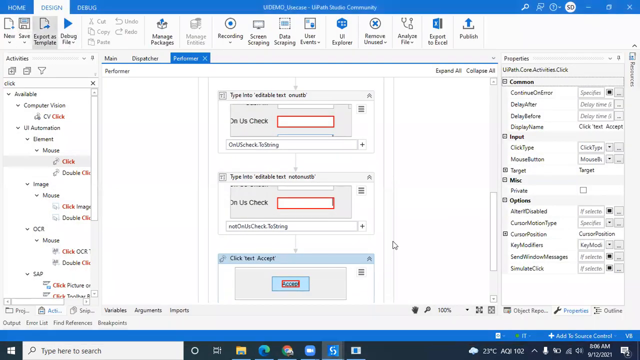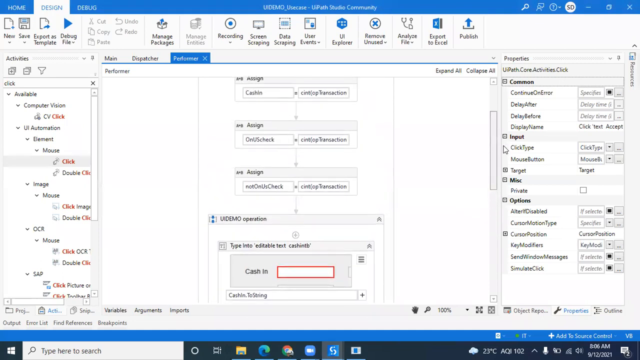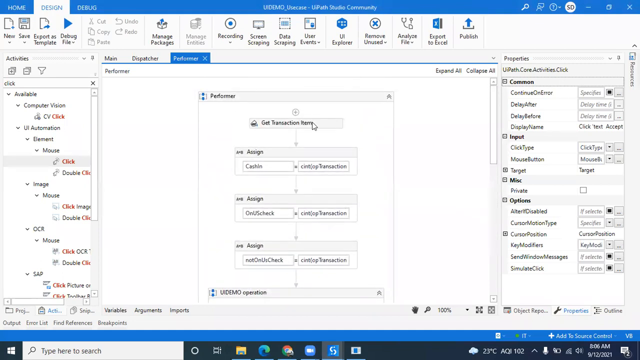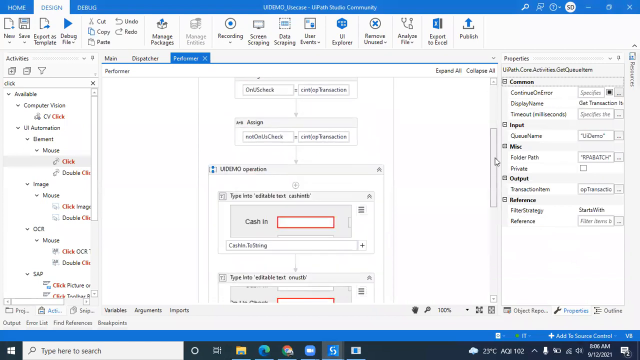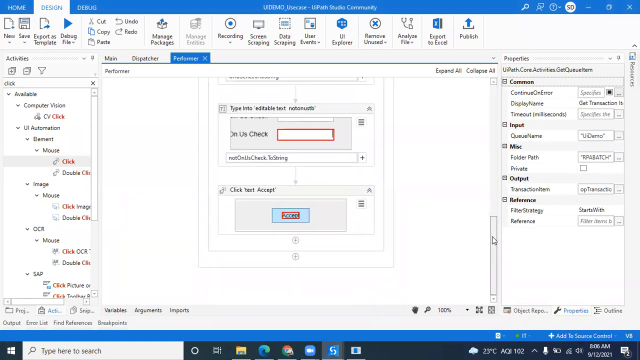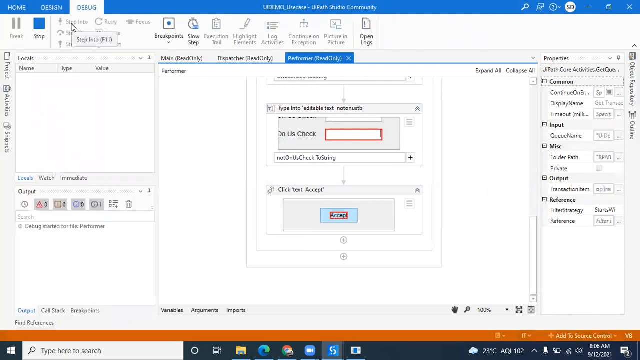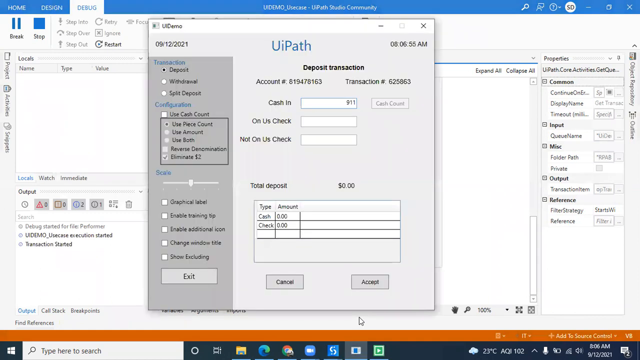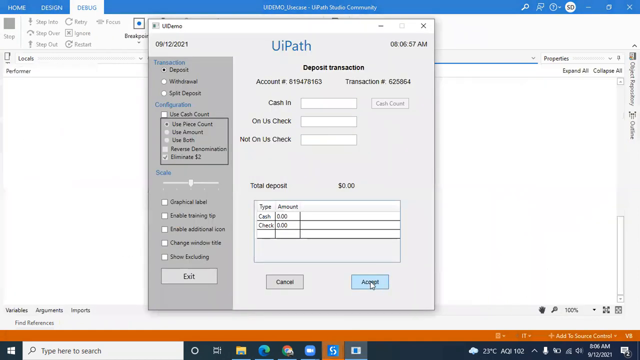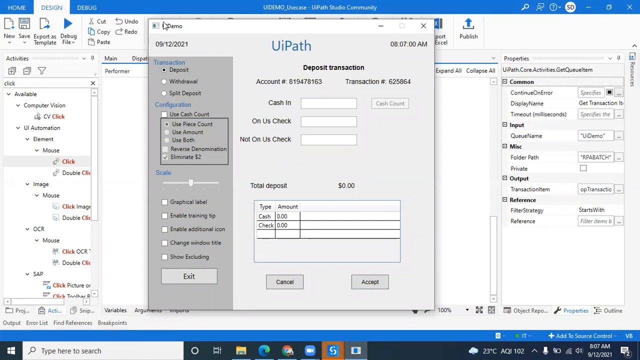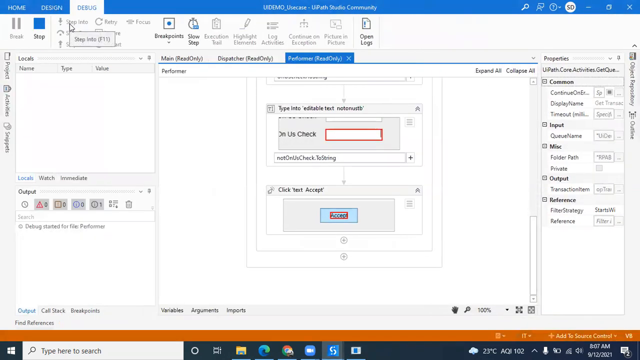Okay. So now what is happening? I am taking the values from this get transaction item and assigning specific value to the transaction item, specific item, and then entering the values in our UI demo. So let's trigger this bot performer. Every time one transaction will be executed. So next time we have a different value, that is a,